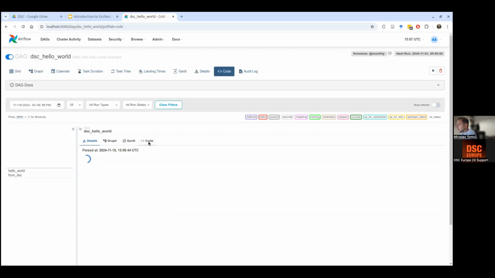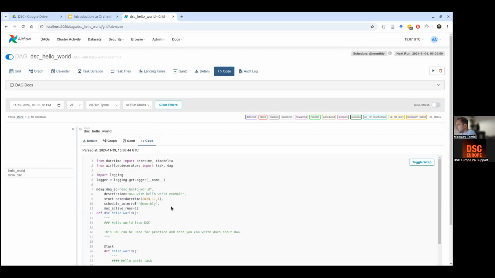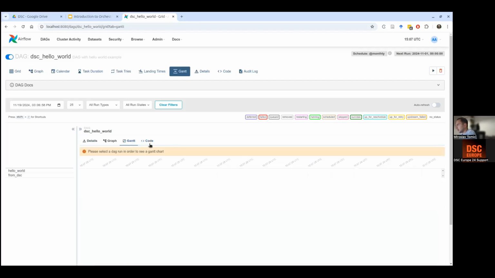Let's see the code. We can read the code also from here. So, as you can see, I specified for my DAG, beside the ID and the description, that it should start on this day and the schedule interval is monthly, and we can run only one DAG in parallel, DAG, not task. Okay, so if we take a look on this